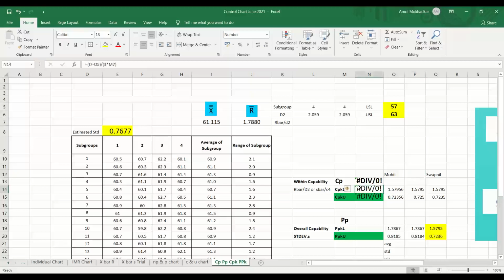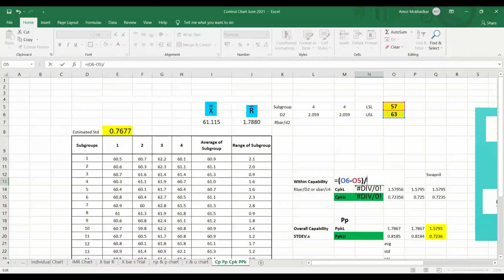Okay, so I will tell you now. The CP nobody has calculated, so let us calculate. The CP formula is simple: USL minus LSL. Sir, I got CP and PP.